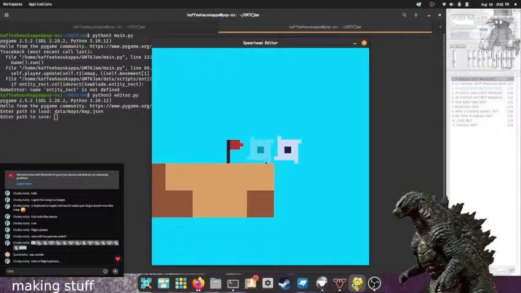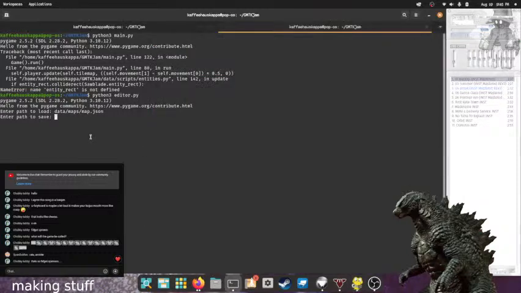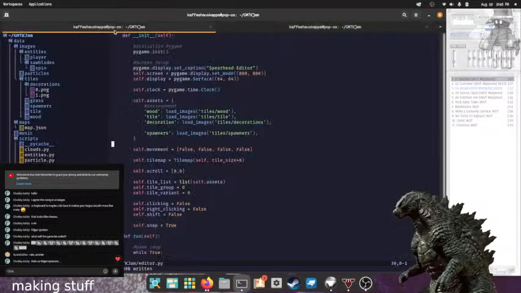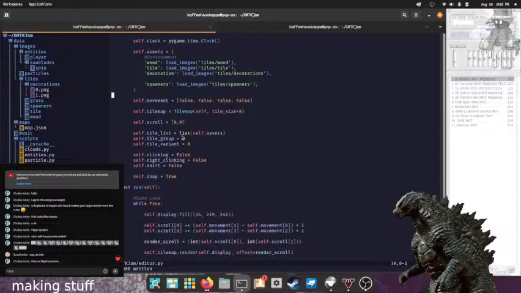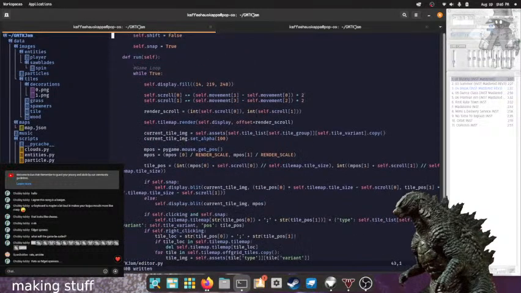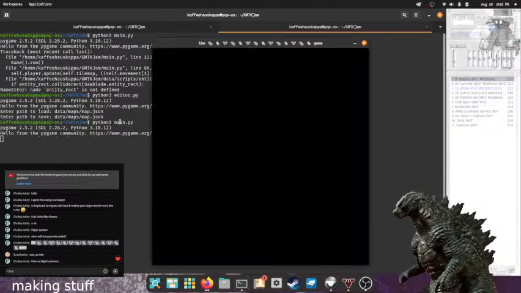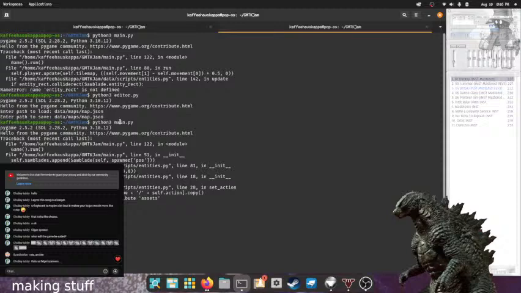No, sorry, I almost just tried to use Neovim things in my map editor. There, okay, so hopefully that should load that thing now. And now even if they don't do anything, it should just exist. I'm hoping. Oh, it exploded.